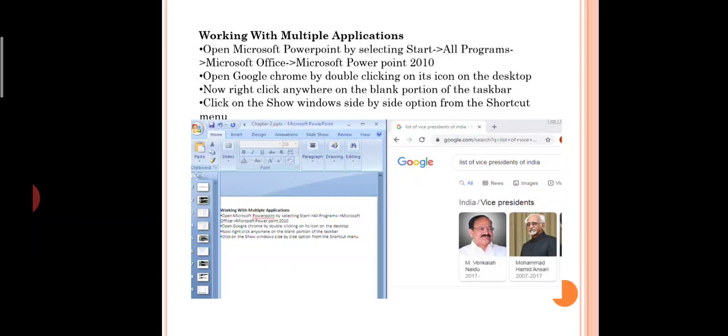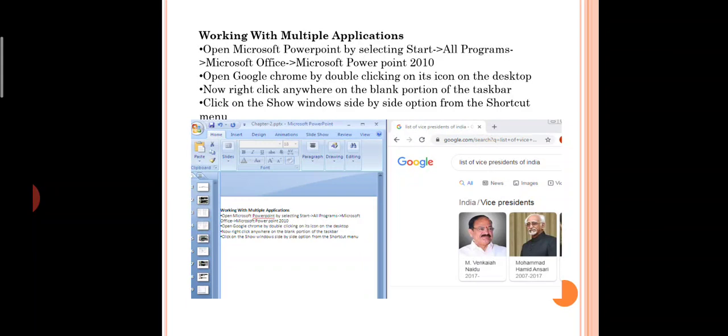So what to do? At the bottom you have the desktop, no? Down you will be having the taskbar. So just click on that taskbar and you will get an option called side by side option, show windows side by side.